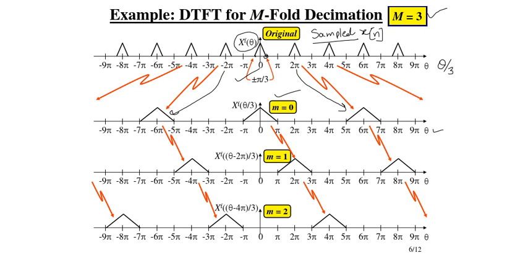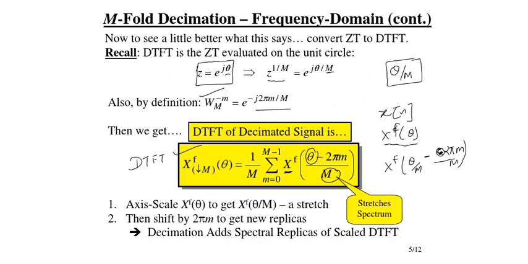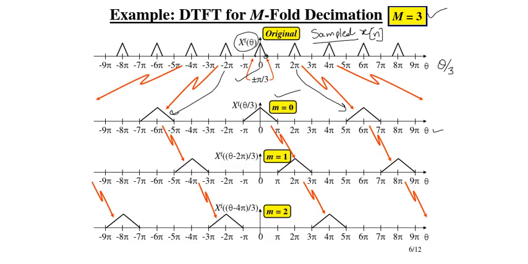When small m equals 0. Now for how many shifts, if I go back and show you, this is the first part, we have denoted it for m equals 0. Now we have to shift it by 1, and m can go up to what, 0 to M minus 1. So M is 3, that means m will go from 0 to 2, right? So this is the 0th one, this is the first one. The first one will be shifted here from pi to 3 pi, and for m equals 2 we will get this one, right?